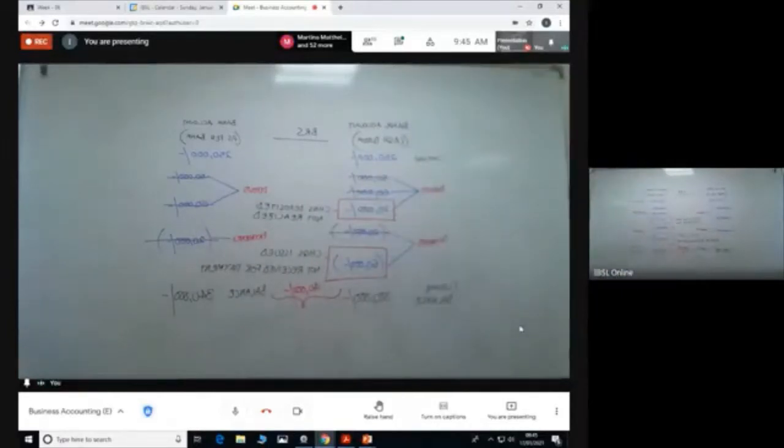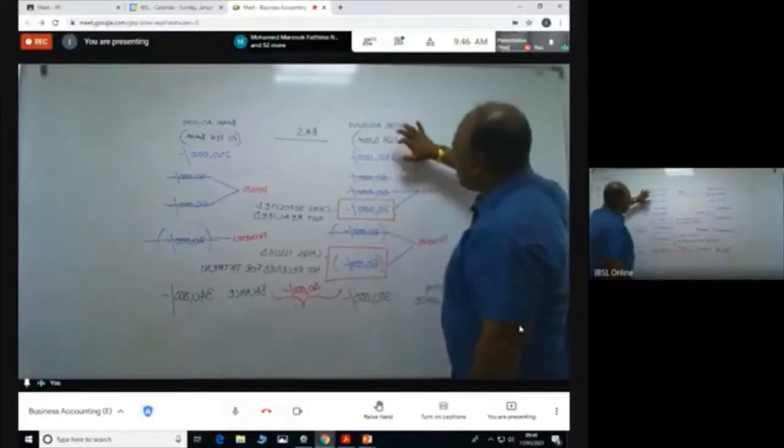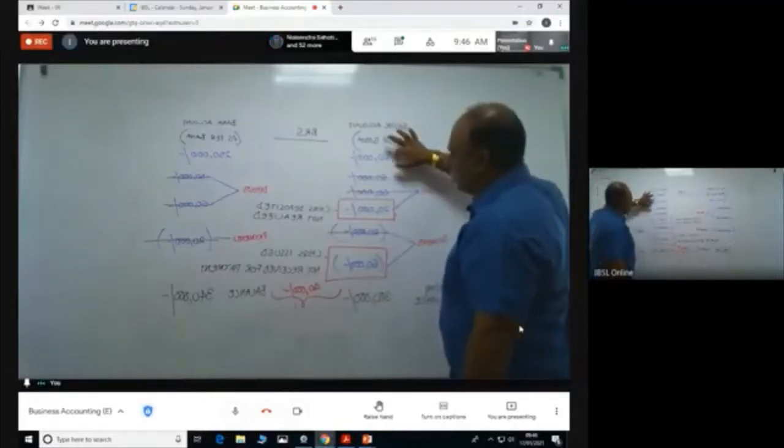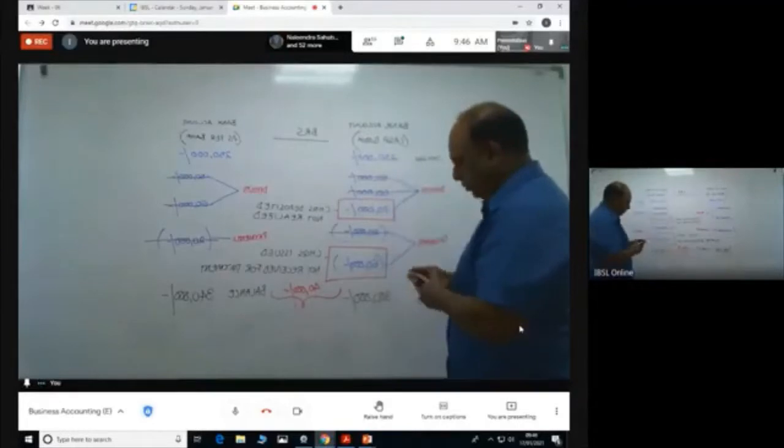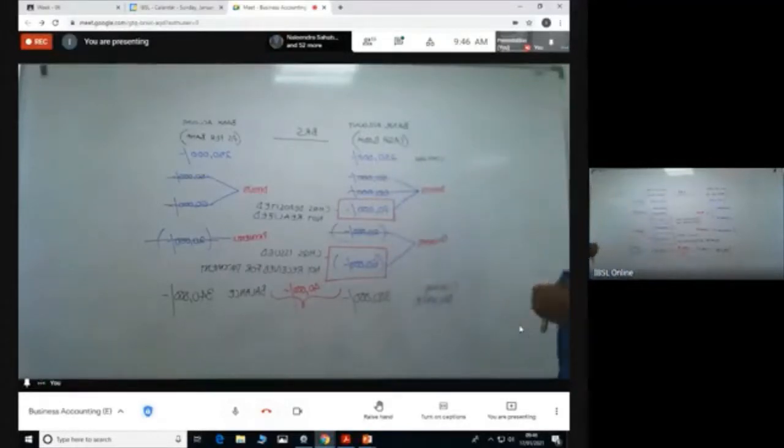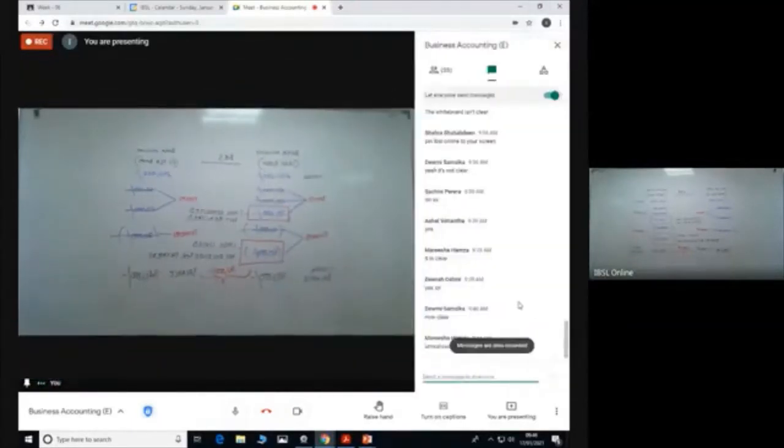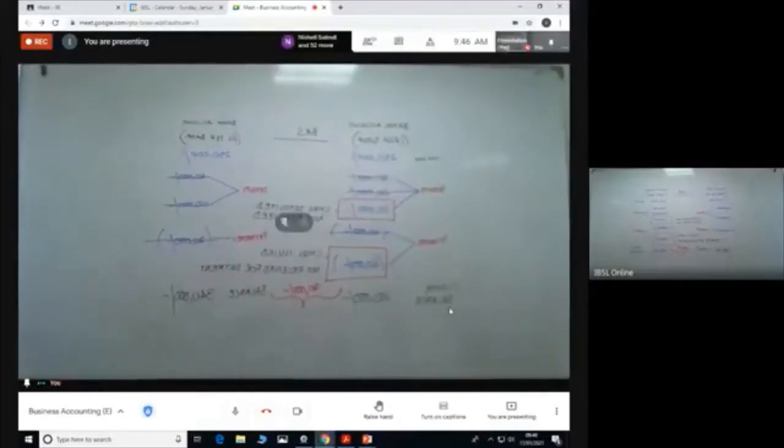Now, another important aspect that you have to note very carefully. When you are having the bank account in your cash book, what would be this balance? Is it debit or credit? As per your bank books, what is that balance? Whether it is a debit balance or the 250,000 is a debit or a credit.